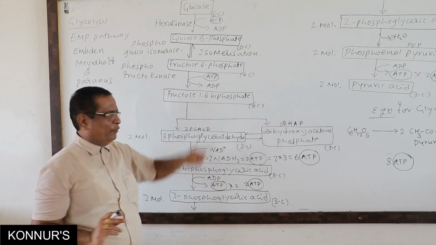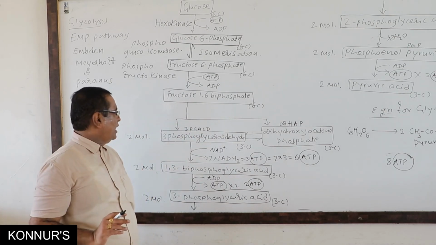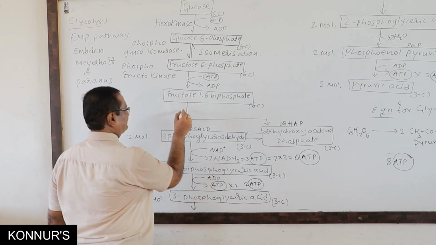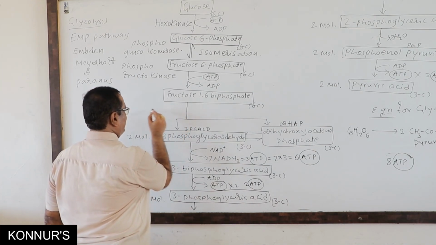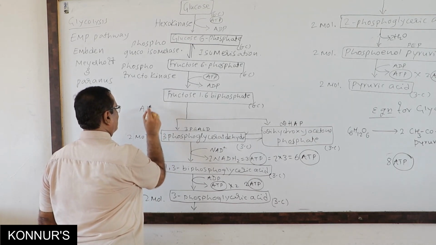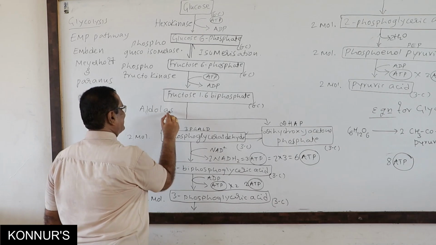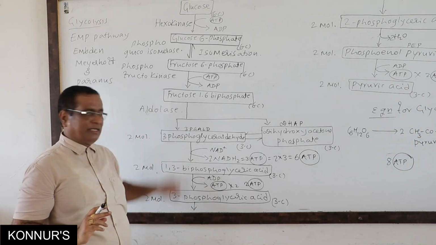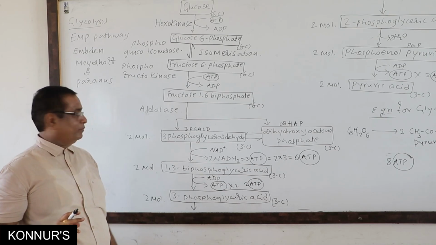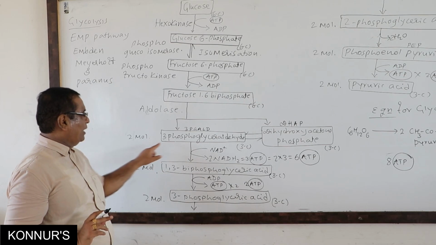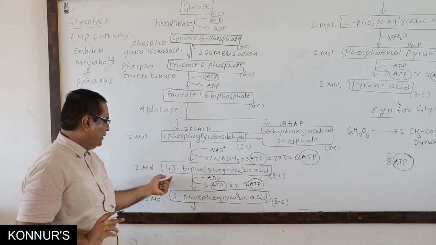Now fructose 1,6-biphosphate undergoes splitting in the presence of aldolase. The enzyme which takes part in this step is aldolase. It gives two compounds, and now this 3-phosphoglyceraldehyde becomes